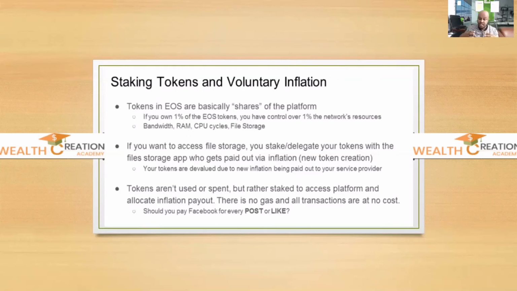paid. So if you are a developer and you want to build an application on the EOS blockchain, you have to either buy EOS on the market and stake it, or you can rent, you can lease some tokens from an existing token holder, and then you pay them interest. Okay, because you are building your business, your application, so you're leasing somebody else's token, and you pay them interest. If you're a token holder, you gain passive income.